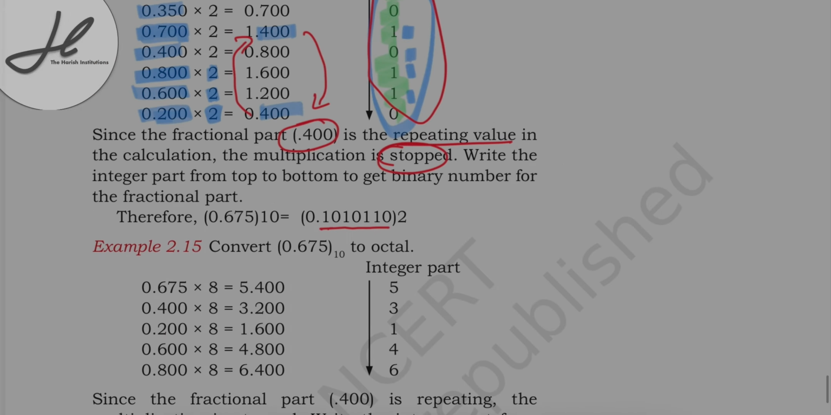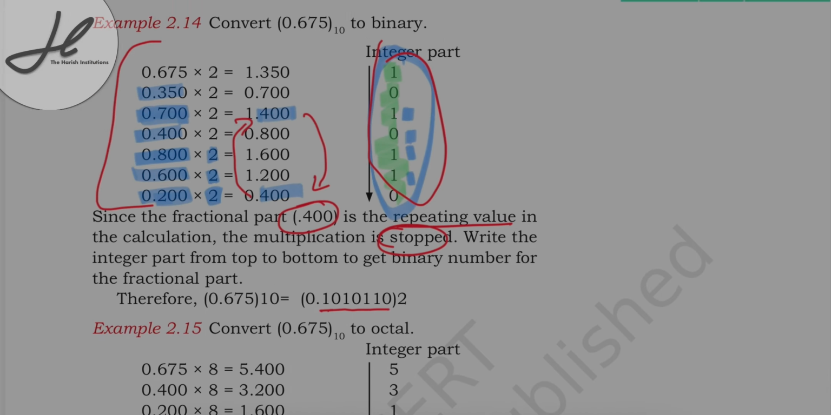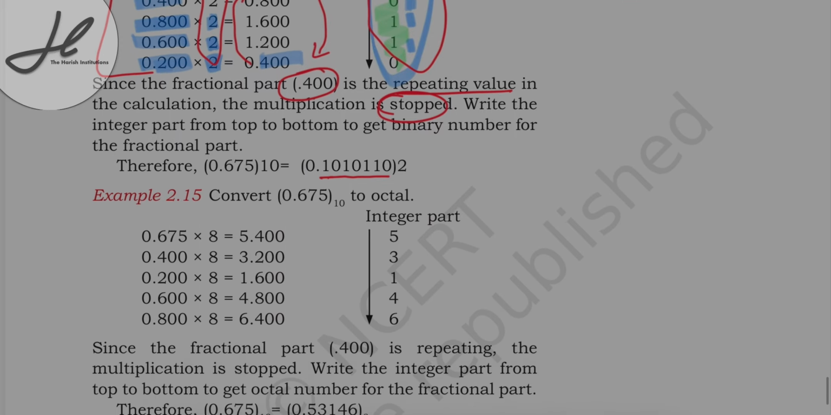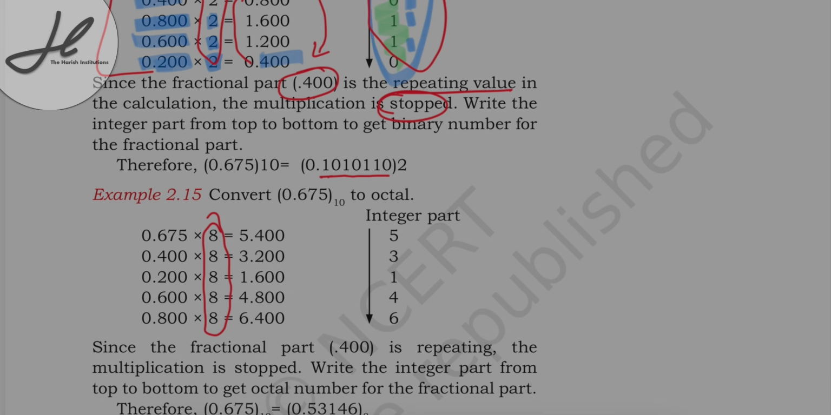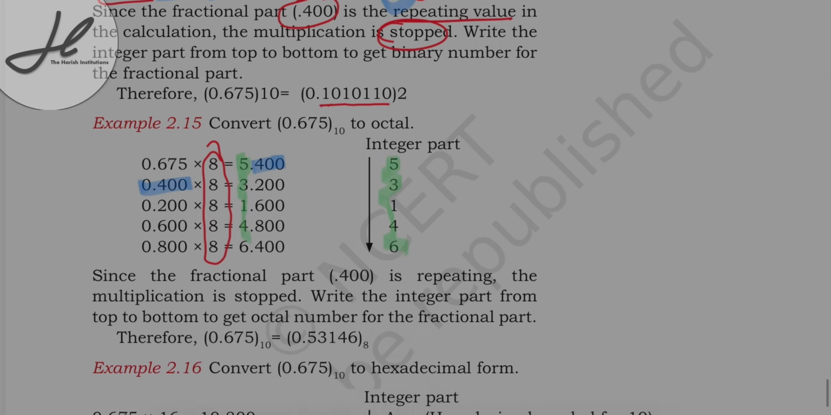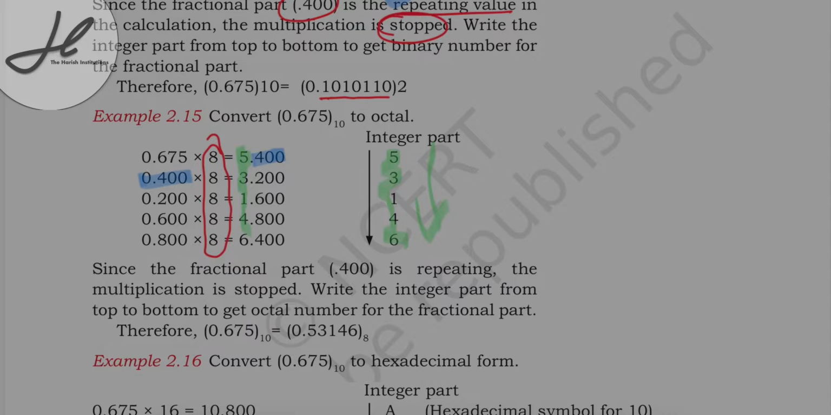अब ऑक्टल, जैसे कि अभी तो हम बाइनरी में कन्वर्ट कर रहे थे इस फ्रैक्शन को, इसलिए हमने मल्टीप्लाई बाय 2 किया। ऑक्टल में हम मल्टीप्लाई बाय 8 करेंगे, बाकी हमारा पूरा जो तरीका है वो सेम रहेगा, कि हमारा जो फ्रैक्शनल पार्ट है वो इस साइड आएगा और जो हमारा इंटीजर पार्ट है वो इस साइड आएगा, और हम इंटीजर को टॉप से बॉटम में लिखेंगे।